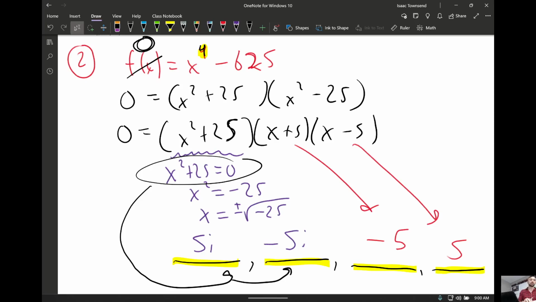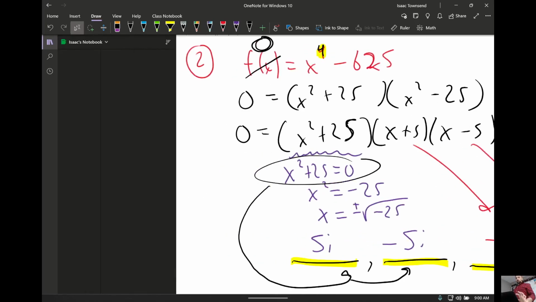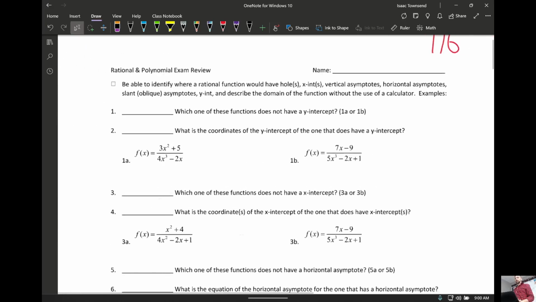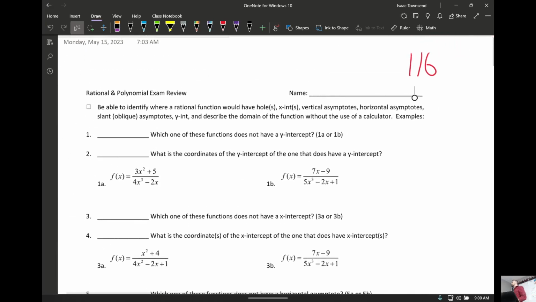Okay, what else from your 2.5 quizzes? Okay, if you do find some of that later, that is fine. I just don't want to waste their time. So, unless you worked ahead here, you should be on 116 now, which is the test review. And again, you already did the back page, and you're welcome to